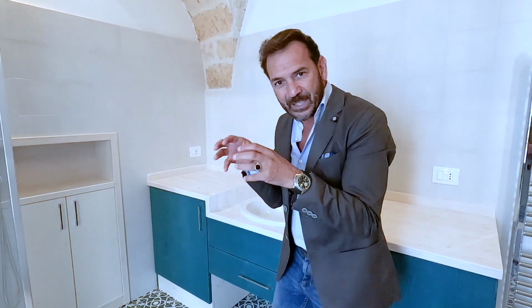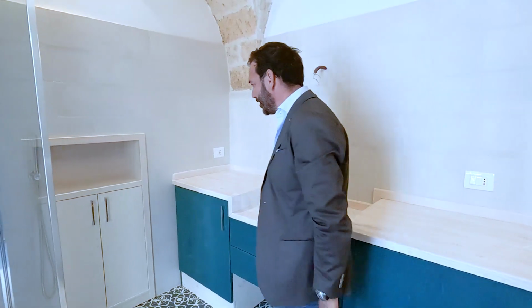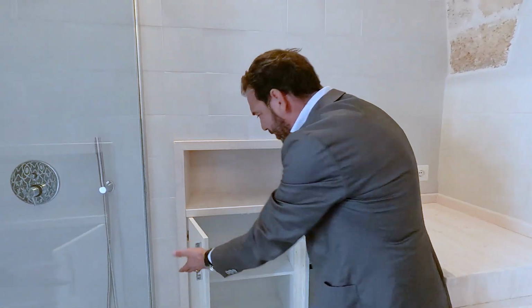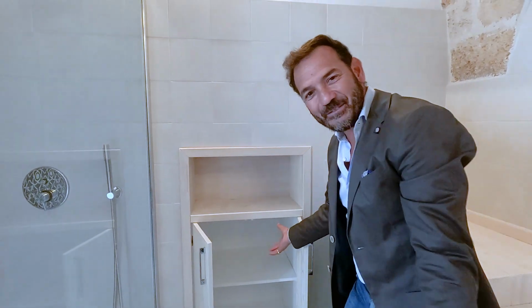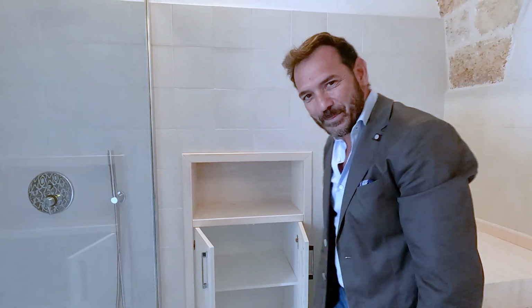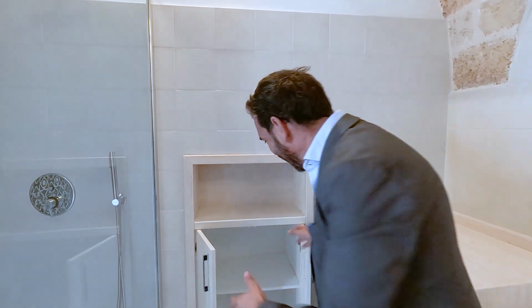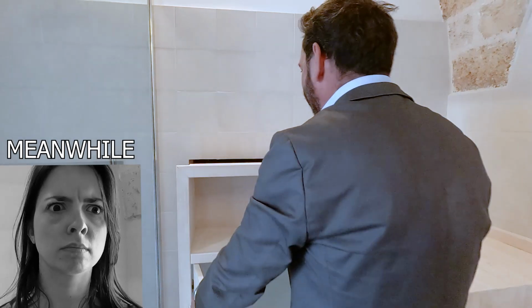You know, back in centuries ago, I don't know, they had this thing about creating little holes and gaps into these properties, or properties actually merging into other people's properties. So you think, okay, am I inside my property? Am I inside someone else's property? You'll never know it. But look at this. More space up here. More space down here. Isn't that fantastic? Yes, but if you're going to hide a lover, if you're going to hide something, where would you hide it? Well, I think I will hide